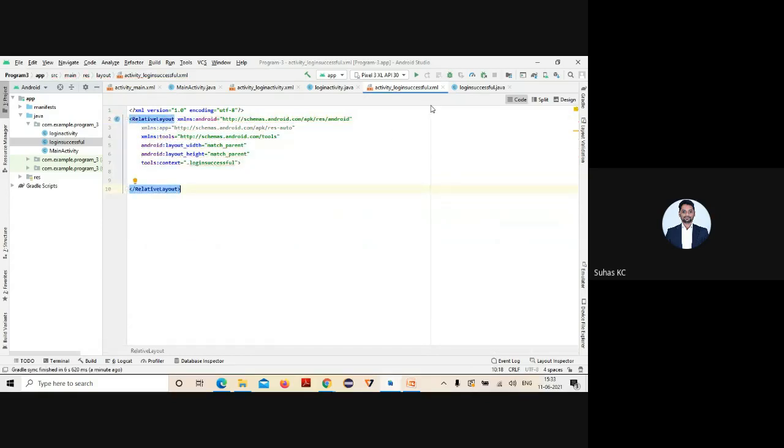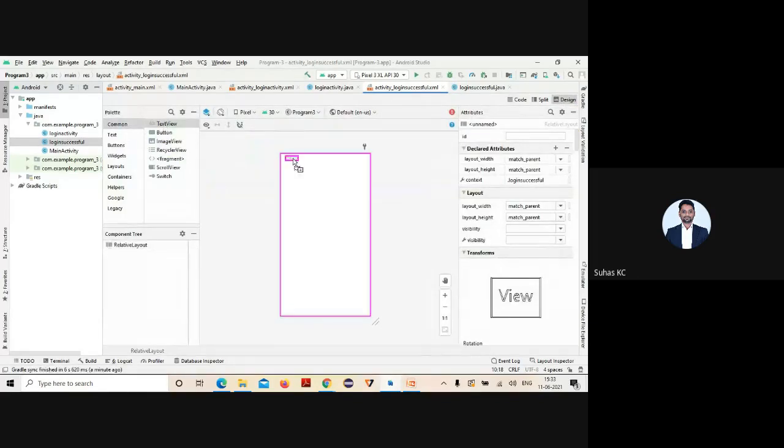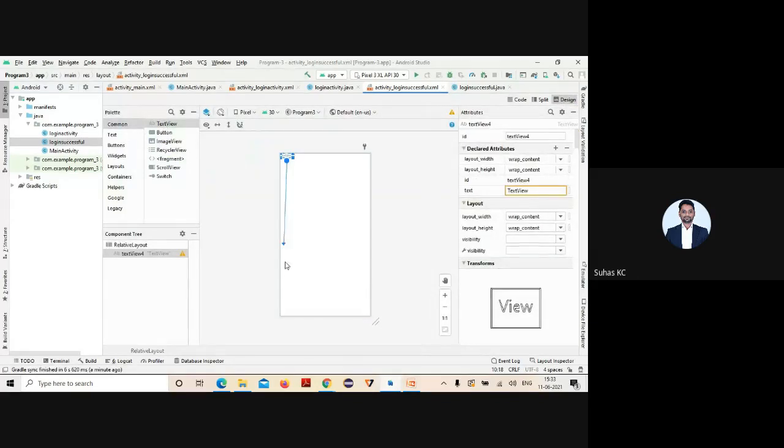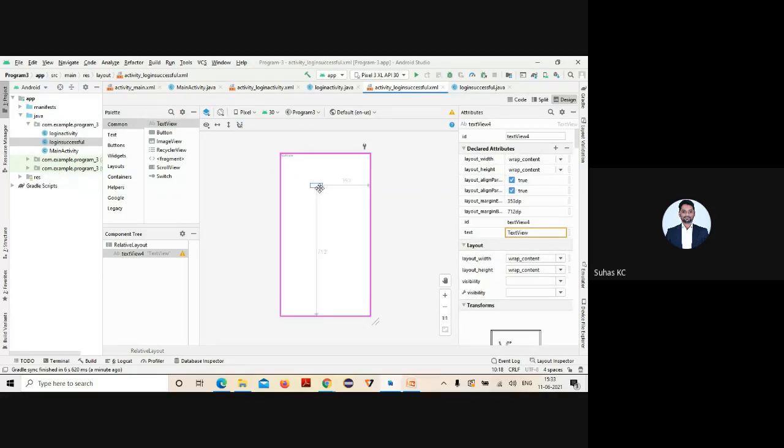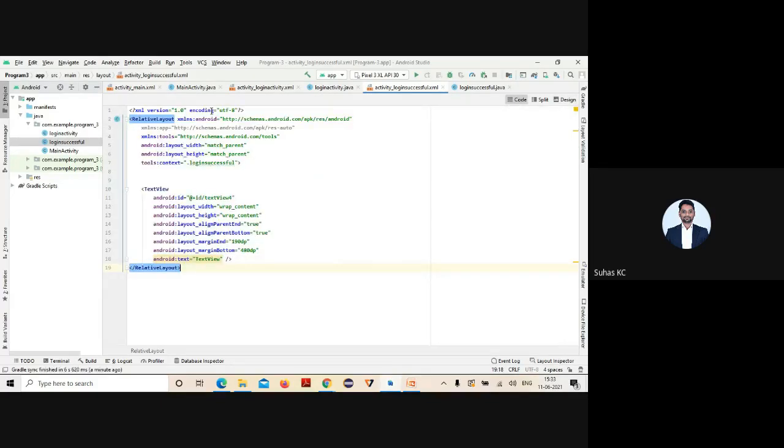Change the layout to relative layout, and then go to your design part. Only one TextView is needed. Change your x-axis and your y-axis, just drag and drop here, and change all the parameters.